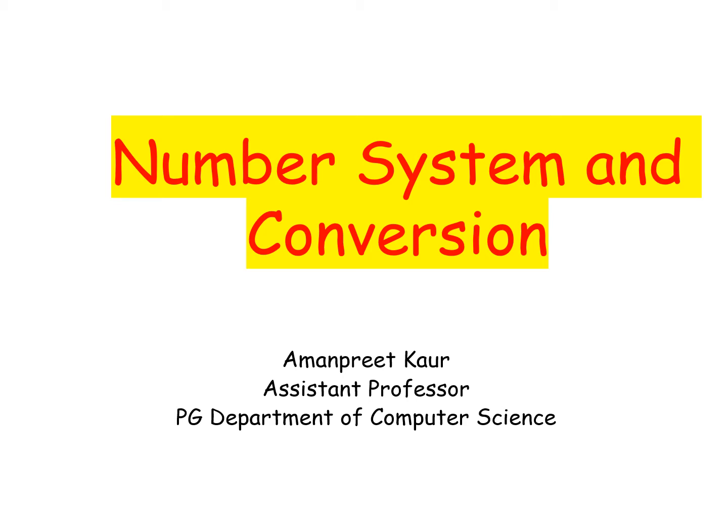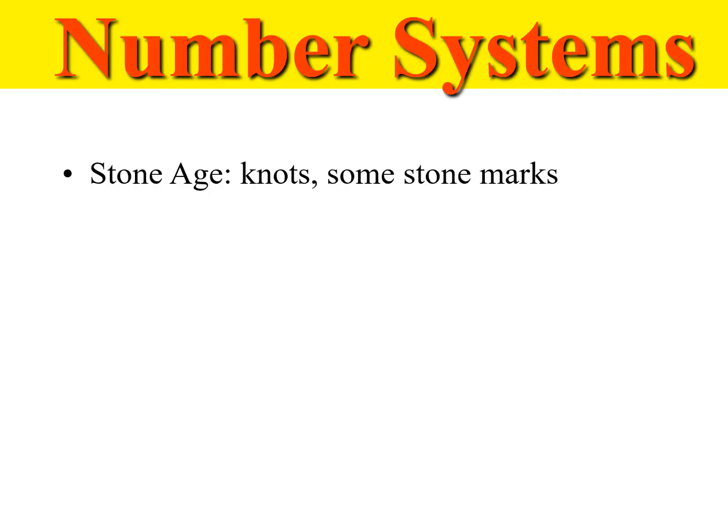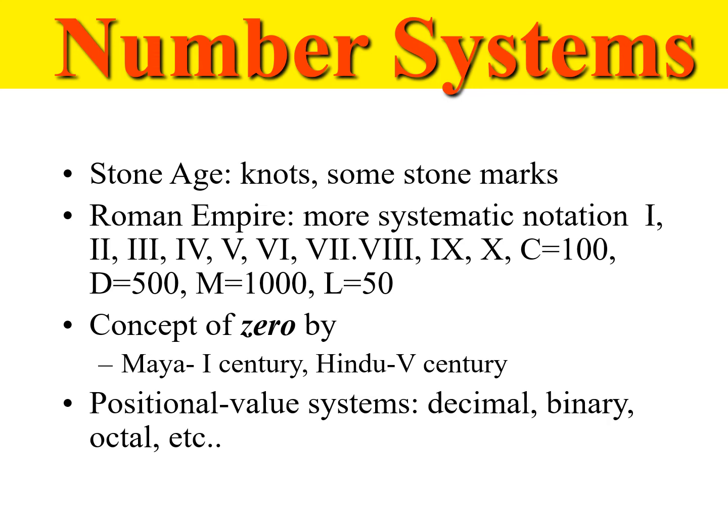Today my topic is number system and its conversion. Now, what is the number system? Number system has an ordered set of symbols known as digits with rules defined for performing arithmetic operations like addition, multiplication, etc. A collection of these digits makes a number which in general has two parts, integer and fractional, which is separated by the dot symbol, that is the radix point.